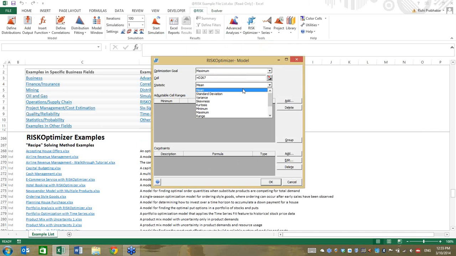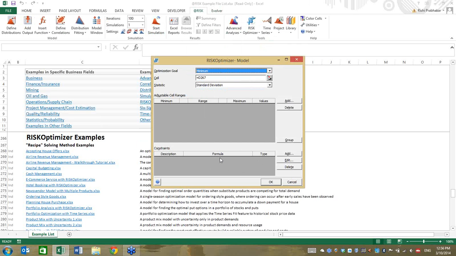But in terms of a solving idea, we might also think that our uncertainty is the key aspect of our model that we wish to constrain. And it would be perfectly acceptable to minimize your standard deviation as a potential. Now, if you minimize your standard deviation, you probably want to avoid a portfolio of nothing. Invest in nothing, do nothing, because that standard deviation will be zero and seem to RISKOptimizer to be a wonderful solution. So you would have a minimize your standard deviation as your optimization goal, but then down in the constraints,